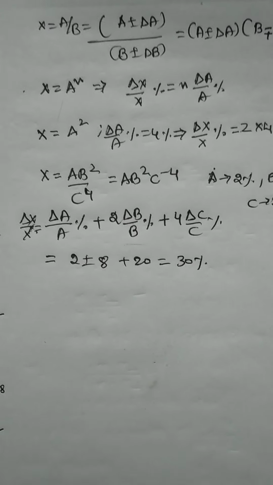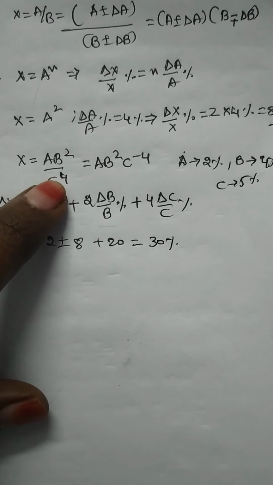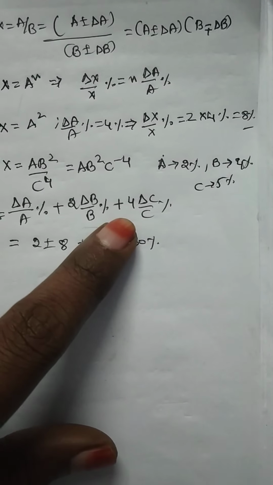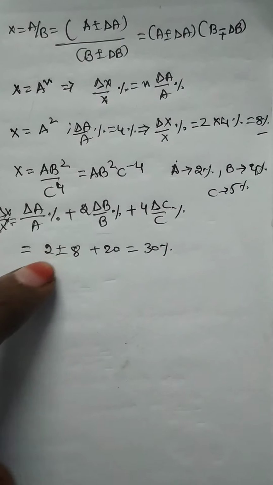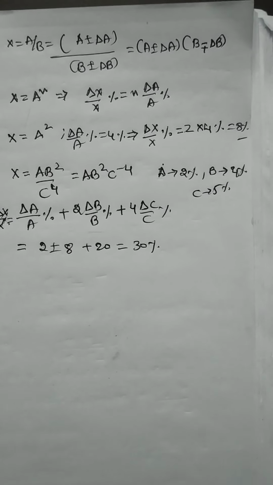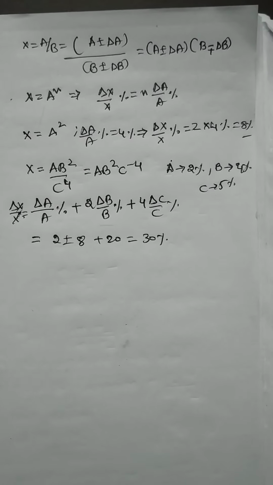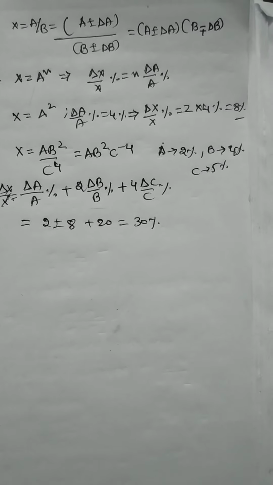Okay. So your question is, why am I taking division here? So the power is minus, but why should I take plus? Means in every error there exists plus and minus, but at the time of calculating the percentage error, you have to take the maximum permissible error, so that you can get the maximum value. If they are asking the minimum condition, then only you should substitute the minus.